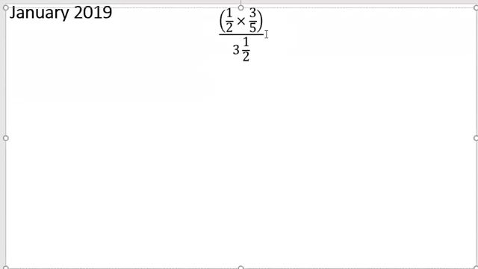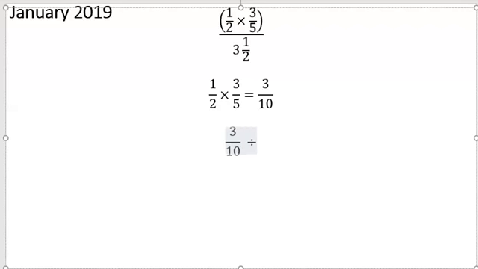So now we're on to January 2019. So we're working the multiplication part of our fraction first, which is the numerator at top. So it is a half multiplied by 3 over 5. So we can go ahead and multiply, and 3 1s are 3, 2 5s are 10. So we have 3 upon 10 from the numerator portion of our fraction, and that is 3 upon 10, and